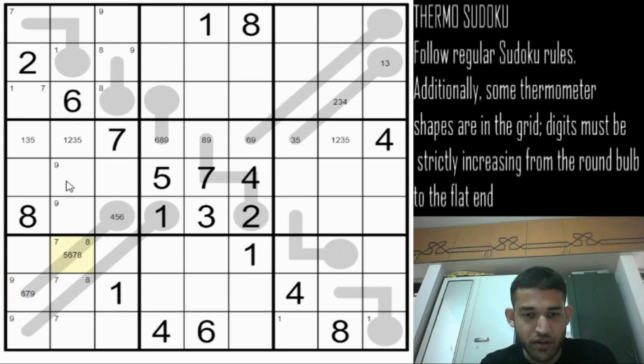It cannot be a 6 because 6 is in column 2. We can remove the 6. Now this cell, because the thermometer is of length 4 at least, it can only be 5, 7 or 9, because 4, 6 and 8 are in row 9 already, so this can only be 5, 7, 9. But 7 we have pencil marked in these 3 cells because 7 is in one of these 2 cells, so we can remove the 7 from these 2 cells. I'll remove the 7 possibility from those 2 cells.